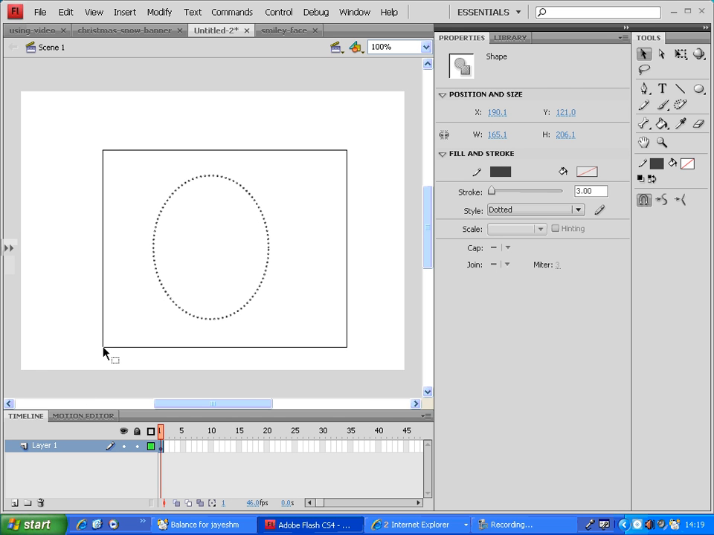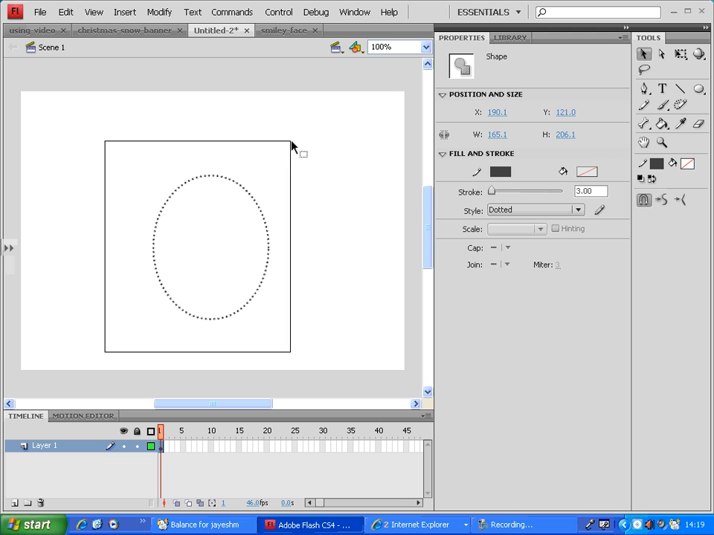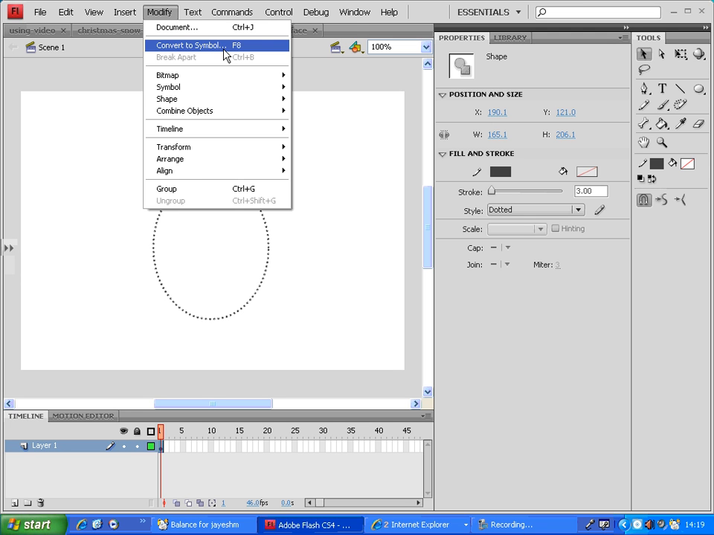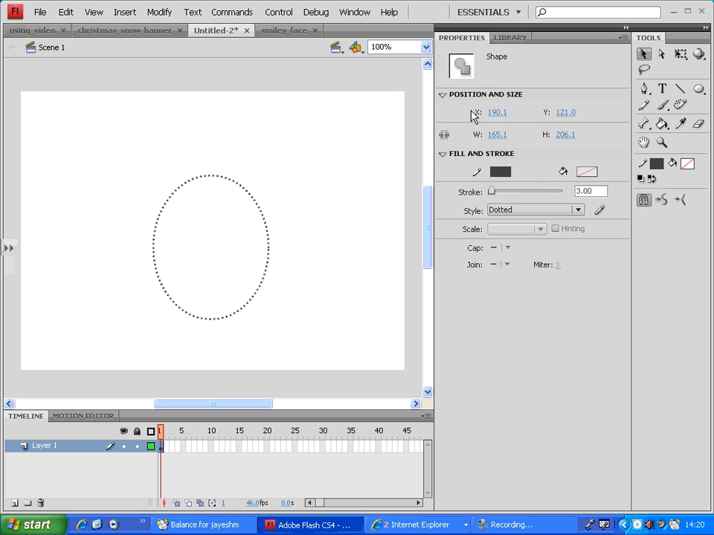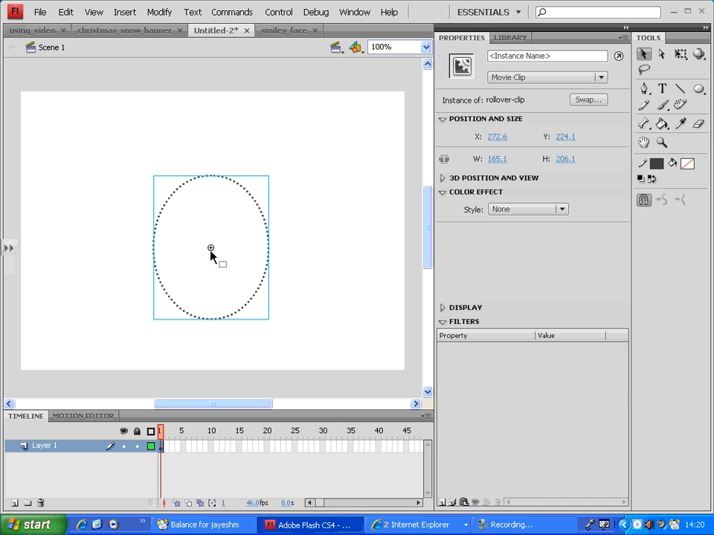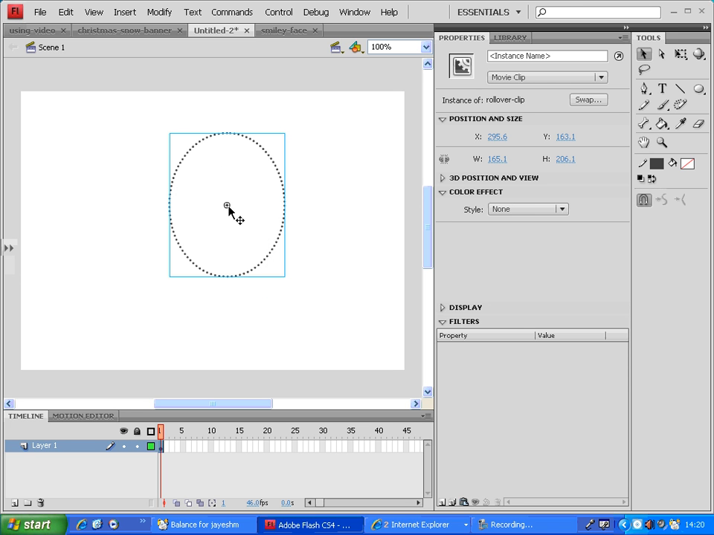Now I'm going to select the whole outline using the selection tool, Modify, Convert to Symbol, and make it a type Movie Clip. The symbol name is rollover clip. Just for now, I'm going to use it for the mouse over of my button. That's saved. Now for this movie clip which we have just created, I'm going to double click on it,